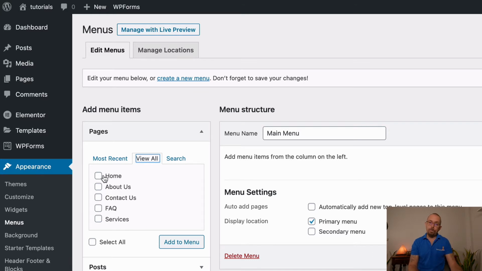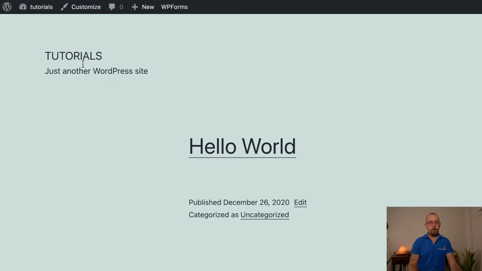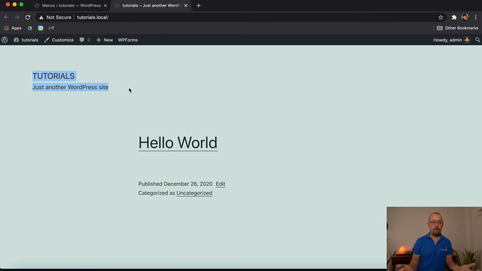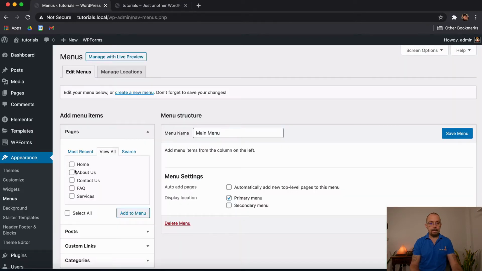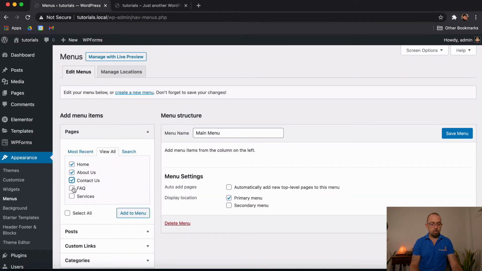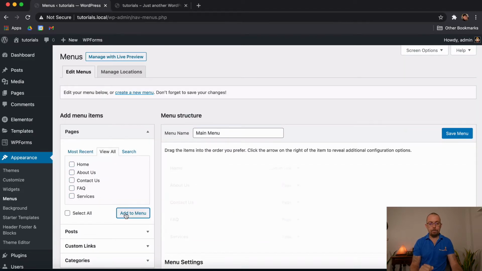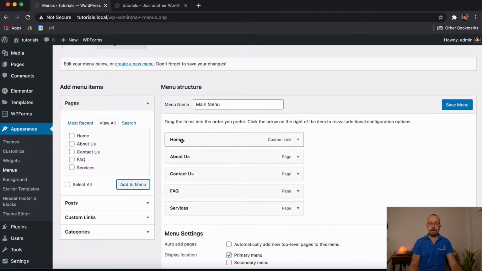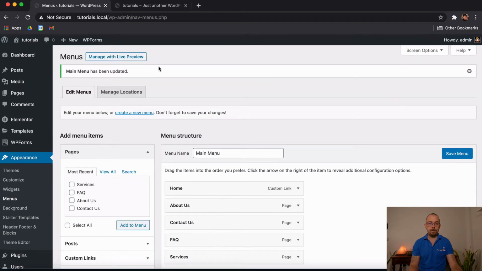So let's say I want to add all 5 of those to my navigation. If I come over to view the website, you'll notice here we have the WordPress name and the subtitle, but over on the right there's no navigation. What I want to do is add these to appear on the top right here. So I'm just going to select each one of those and I'm going to choose Add to Menu, and you'll now notice that they get added to my menu section. I'm then just going to click on Save Menu. That tells me here that the menu has been updated.